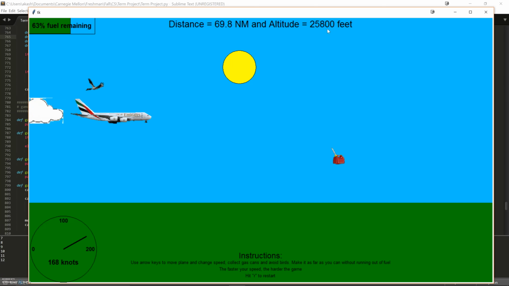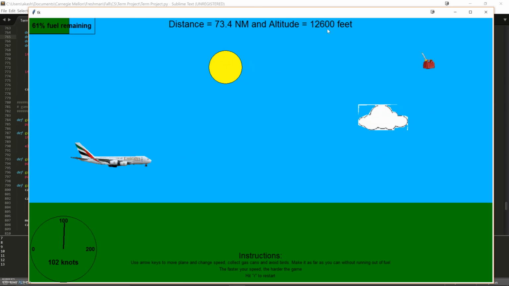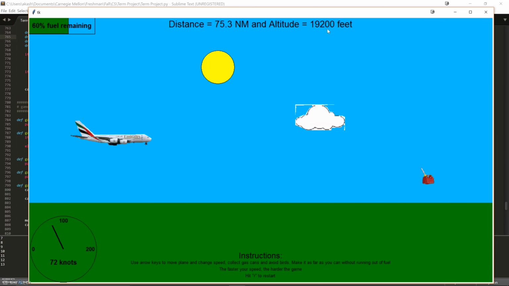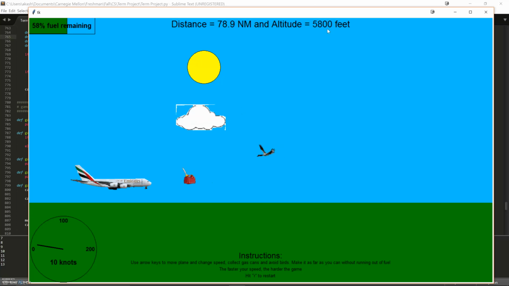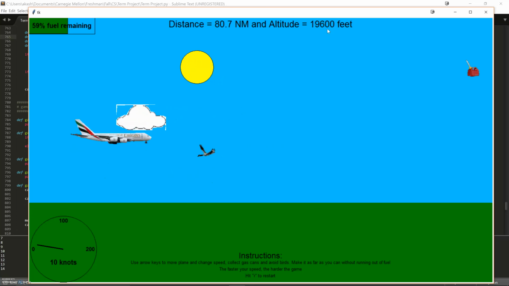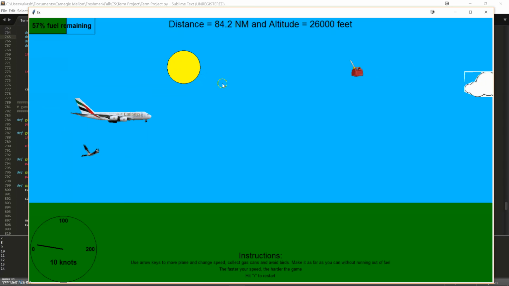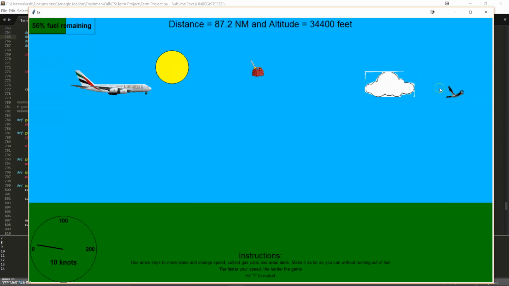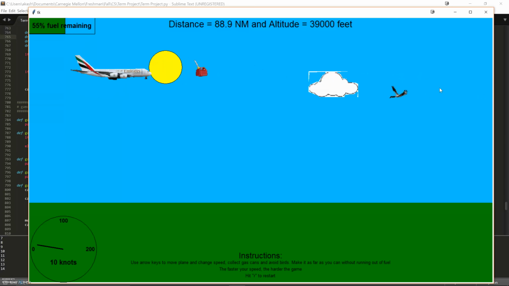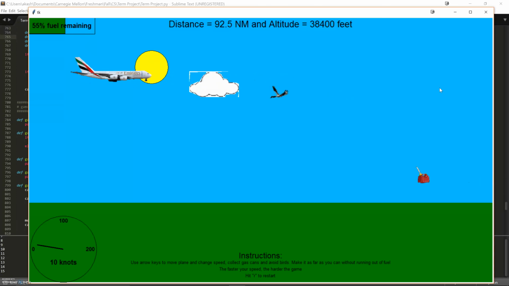And so you can go all the way up to 200. The lowest you can go is 10, because if you go down to 0, then you can't move, so that's why you can't go down to 0. So then the cloud is just randomly generated, and it keeps moving across at the same speed as the gas can and the bird. And the sun